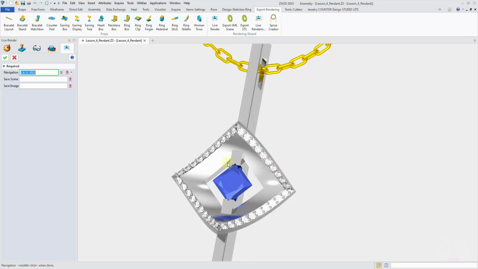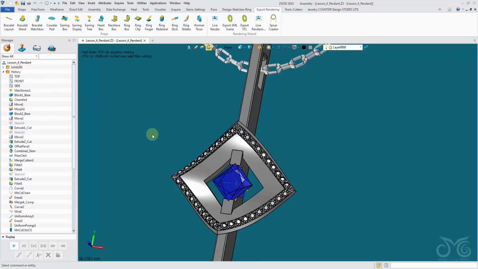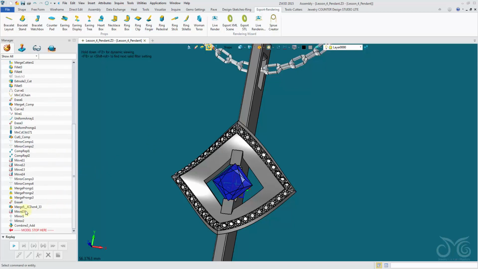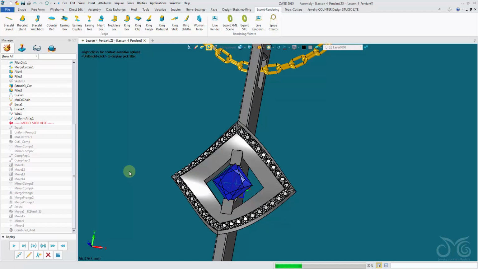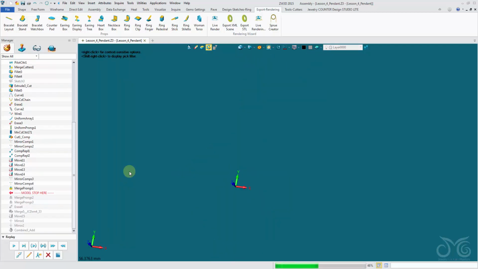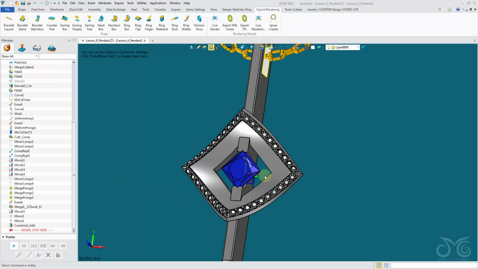Okay, now my stone is not rendering so well. This is because we merged it previously. So I'm going to come back in my history and find out where this merge is. By just hovering my cursor over an operation, you see that operation highlight in our graphics window. Okay, and we can locate the merge. We're just going to right click, delete this merge. History will regenerate, taking into account this deleted operation. Okay, so now our stone is no longer a shape, it's a component again,